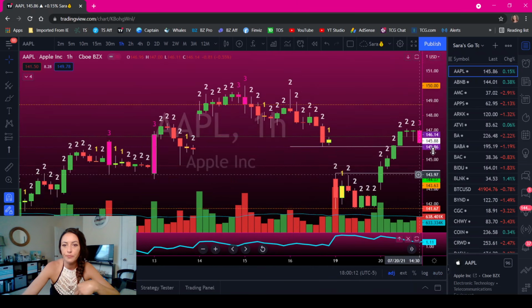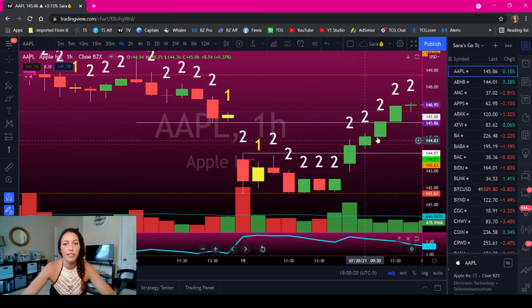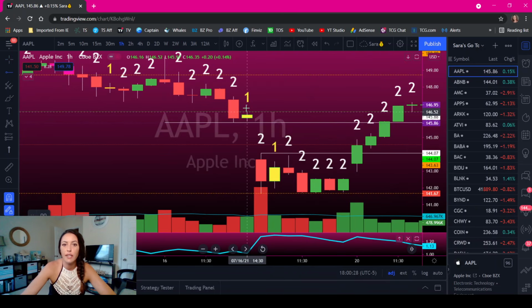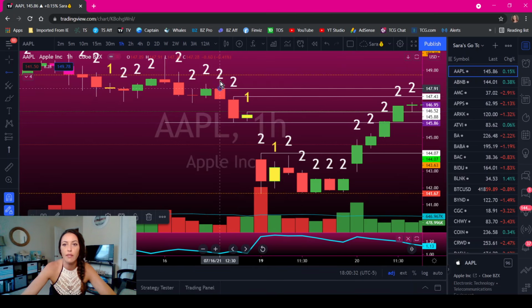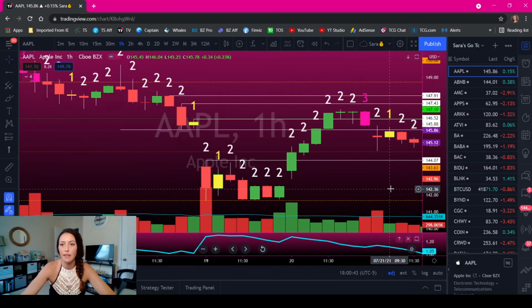So let's make this big. So this was the gap on the daily. So once we filled that, it only took the first 3 hours of the next day to do it. Then you do what we always do, and your next targets are the tops of the next candles, which you really only hit this one that day.